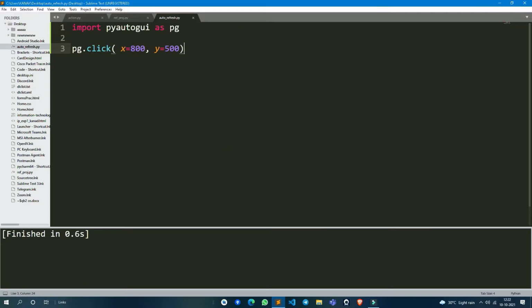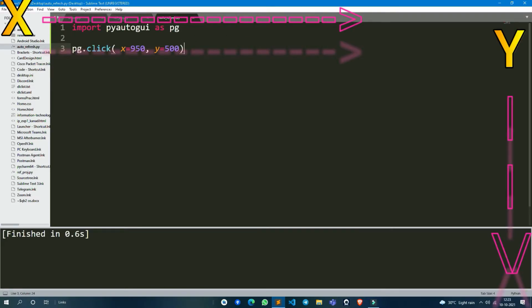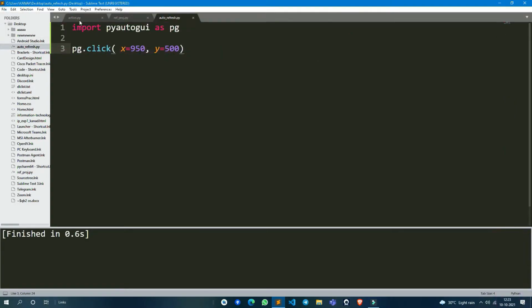I want it a little bit more to the right side, so I'm going with 950 on the x-axis. Horizontal means our x-axis, from left to right. I'm providing x as 950. Run the script. See, my cursor went here. Again, for your understanding, I'm trying 1350 on the x-axis.